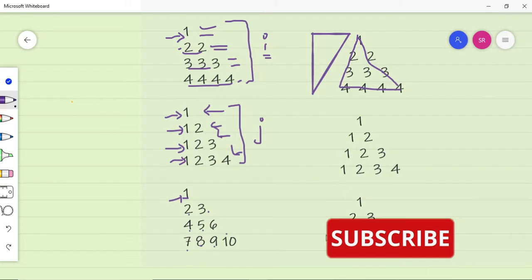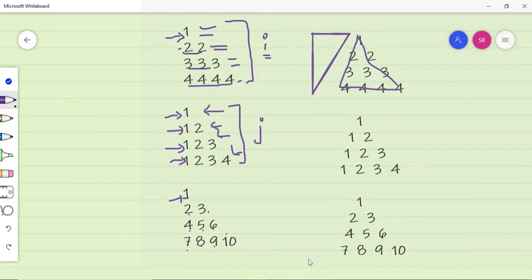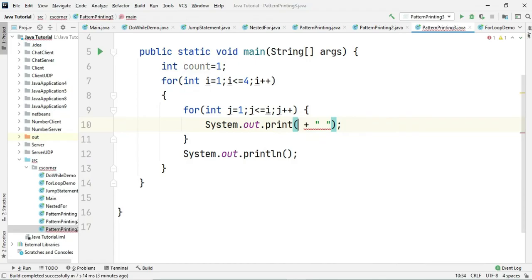So now let's do the changes in the program. Okay, so now let me remove this count variable. Instead of count, I'm going to have a simple space. Okay, and then I have to change this condition also. I have to make this a reverse loop. So I'm going to write j equal to 4 and then j greater than or equal to i, and here I should write j minus minus.